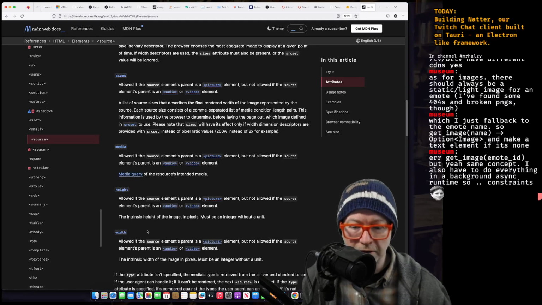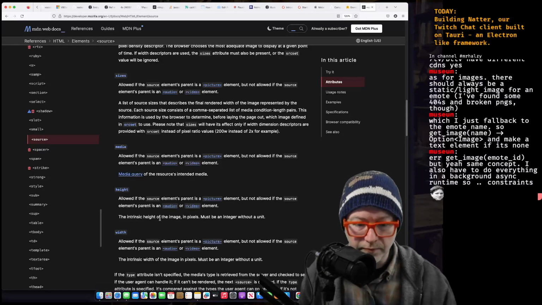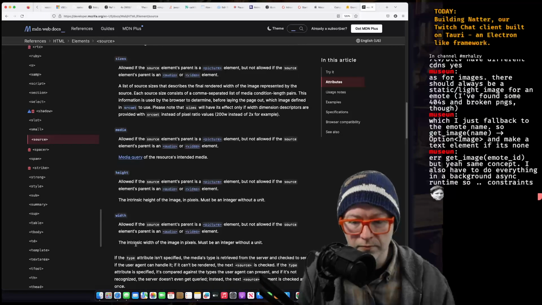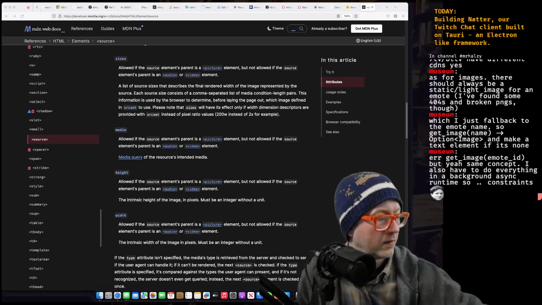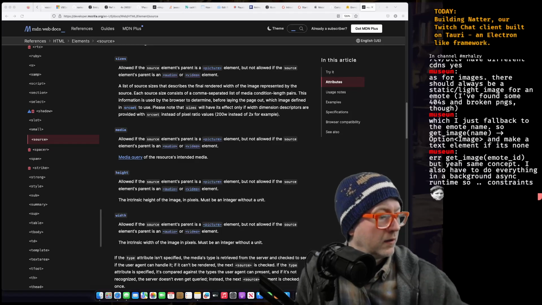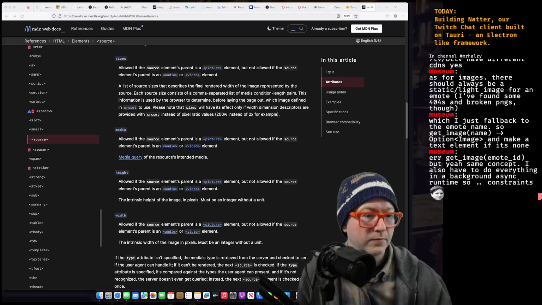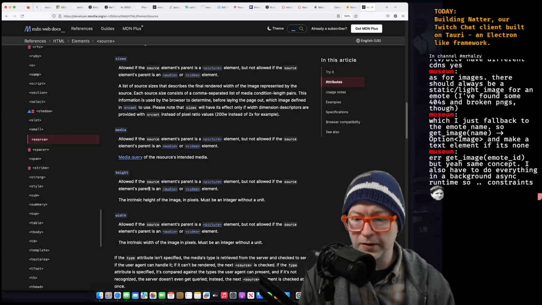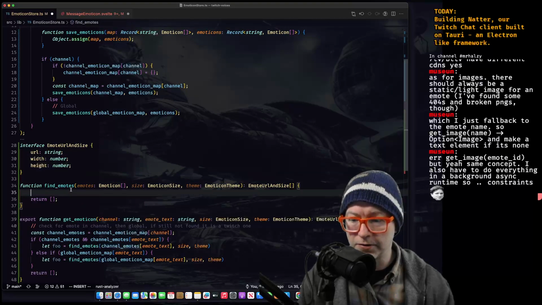Okay, so we can specify a width and a height. Okay. We could specify the width and the height on that. Let's just keep that then. Like so.